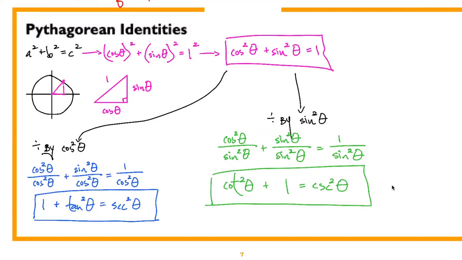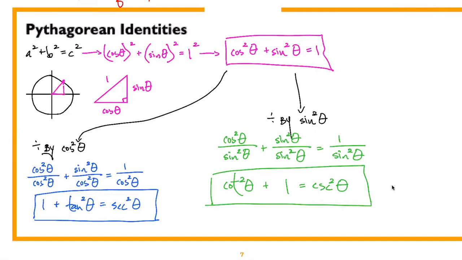But if you're someone who worries about either memorizing it wrong or just not being as good at memorizing as someone else, memorize the one in the pink and then figure out how to get to the other two, okay? But all three of these are considered Pythagorean identities,